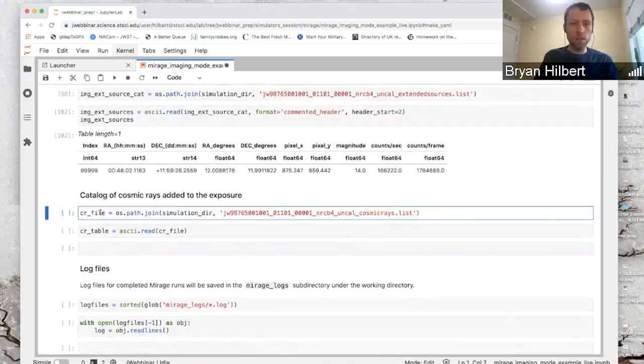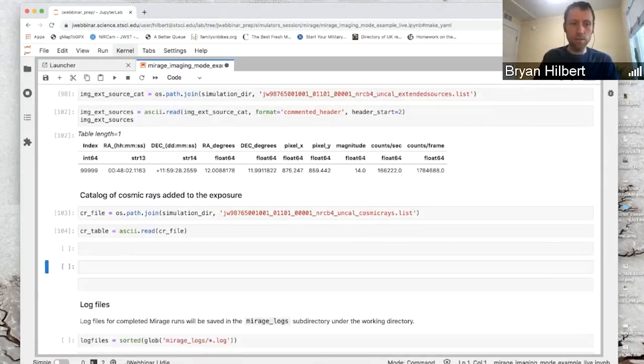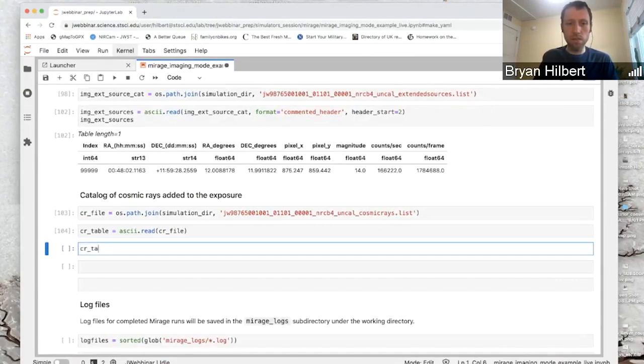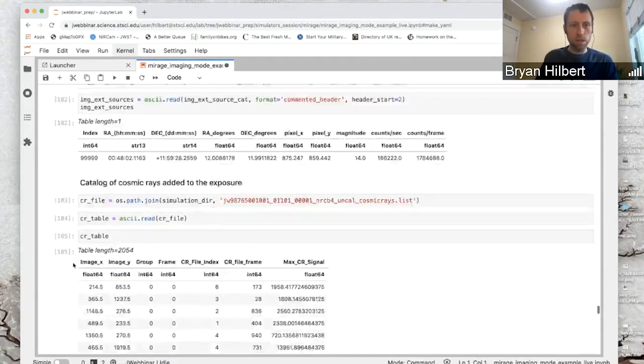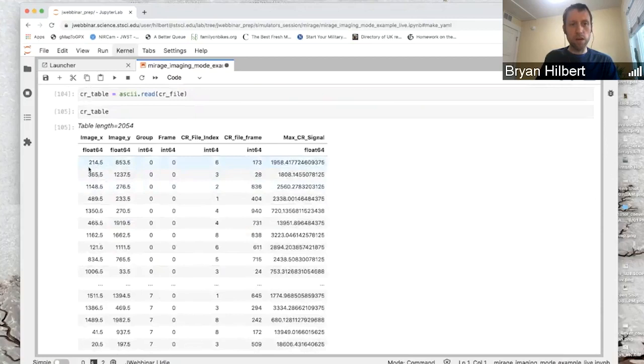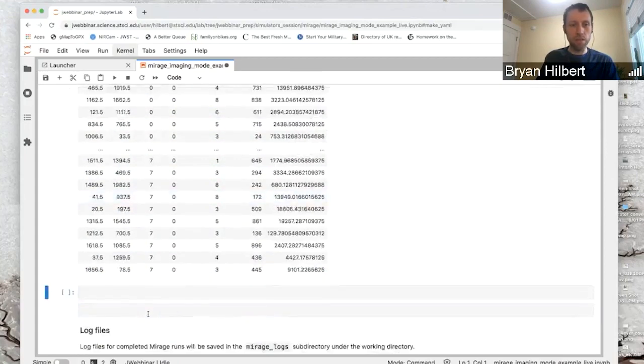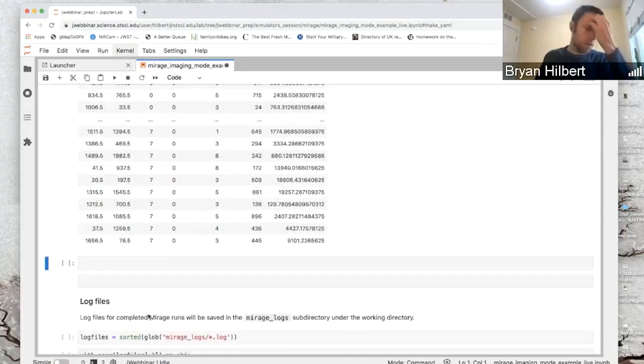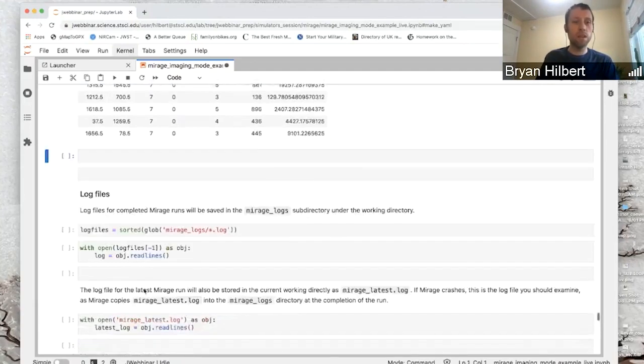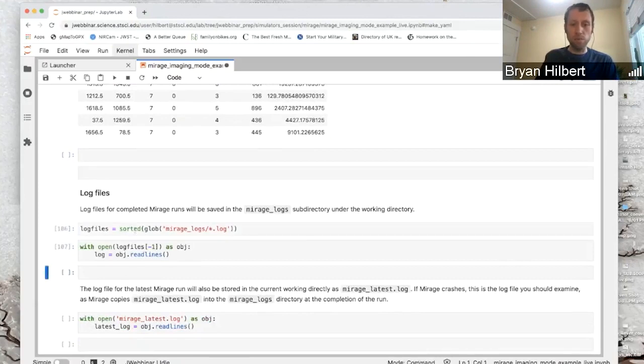And then in addition, there's a cosmic ray table. This shows the XY location of each cosmic ray along with the group number or frame number where it was added. That's helpful if you want to check and see how well your cosmic ray rejection scheme is going. And then, as I mentioned before,